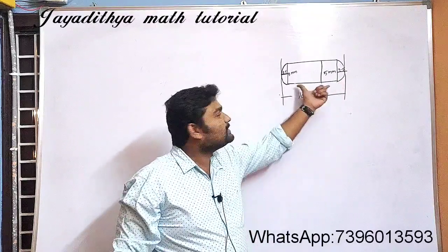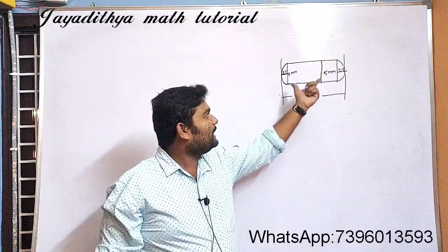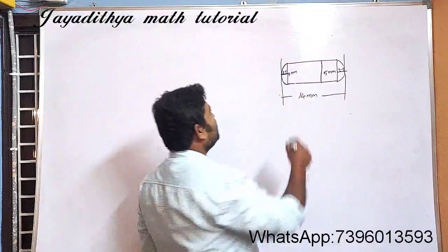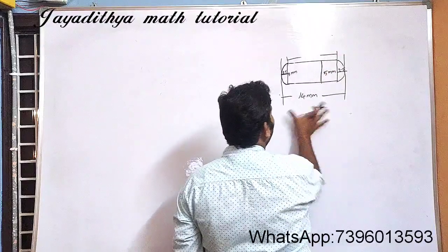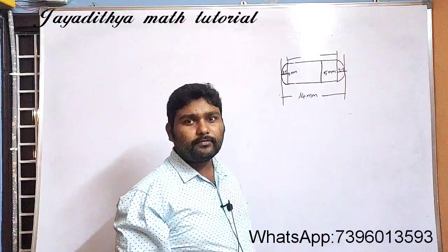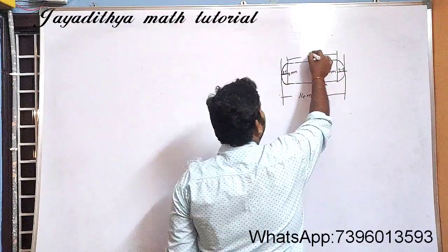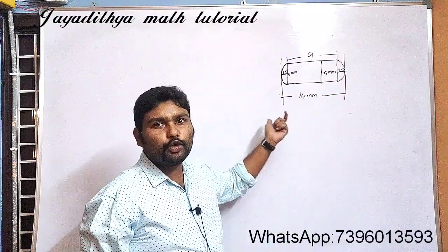What is the area of the cylinder now? That you should find now. You should find the length or height of the cylinder. That is very important here. So first of all you find this height. The height of the cylinder is equal to the total length, 14, minus 2.5 and 2.5. 2.5 plus 2.5 is 5. So 14 minus 5, the height of the cylinder will be 9.